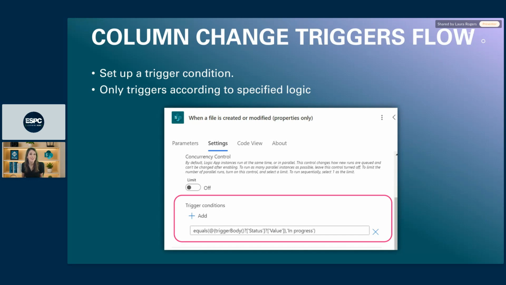So yes, they would need to be able to edit that item in order to change that status or take that action on the item. And even if you had them kick off a flow that's making a change to that item, they would still have to have access to be able to edit that item as well. Perfect. And then does the trigger condition also work for the action when an item or document is modified?